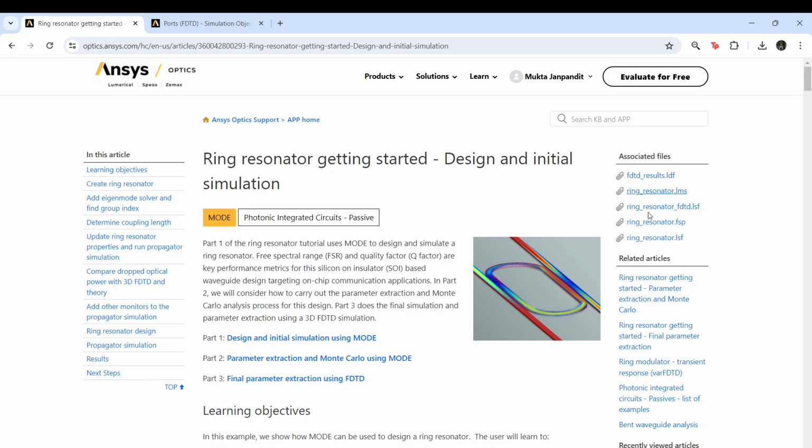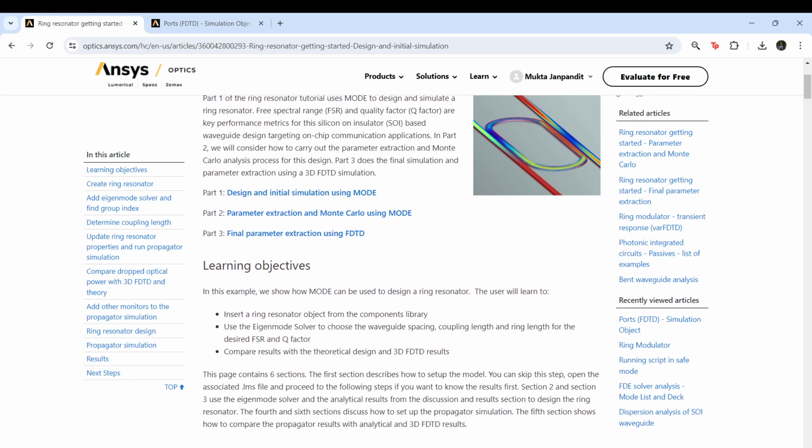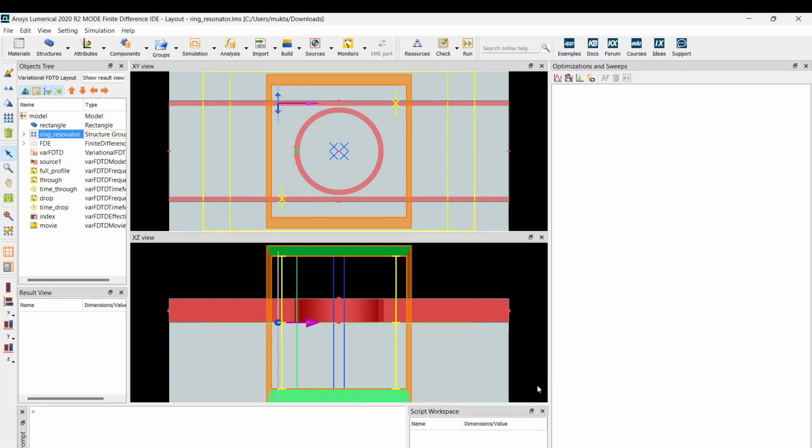So you can download the ring resonator mode simulation file. There are also other files like the FDTD file and others. For now you can just download the mode simulation file, and then you will be directed to this. So this is the mode simulation file that I have downloaded directly from the website.